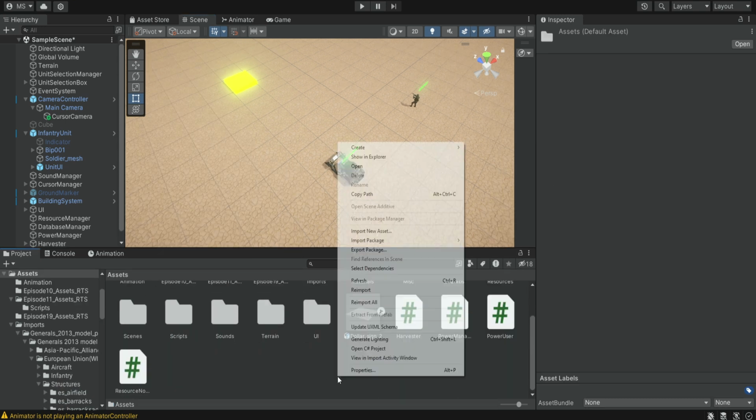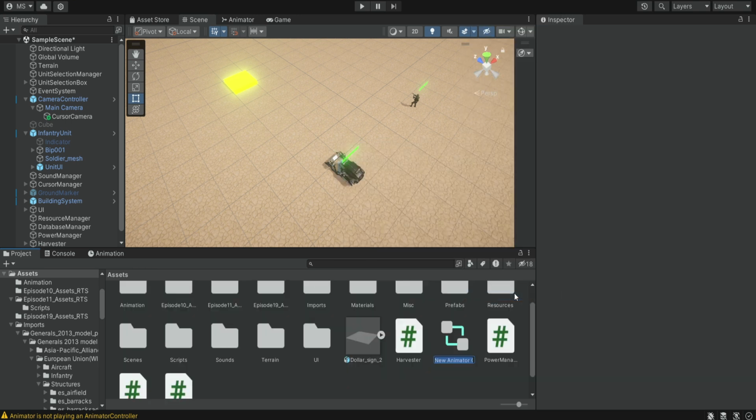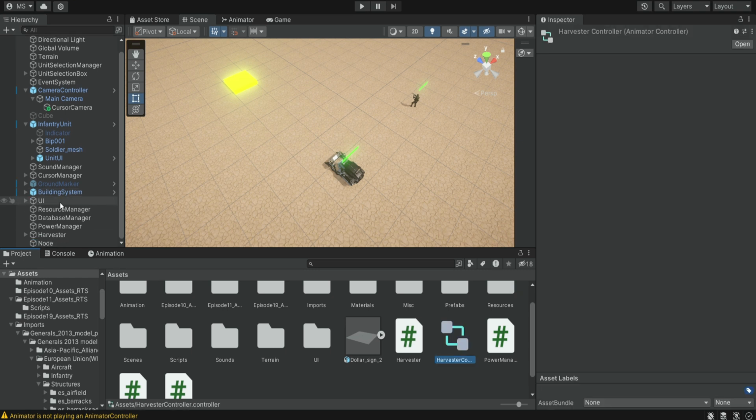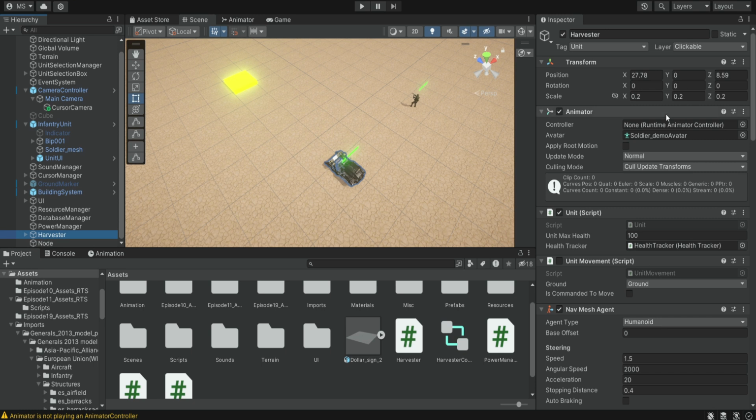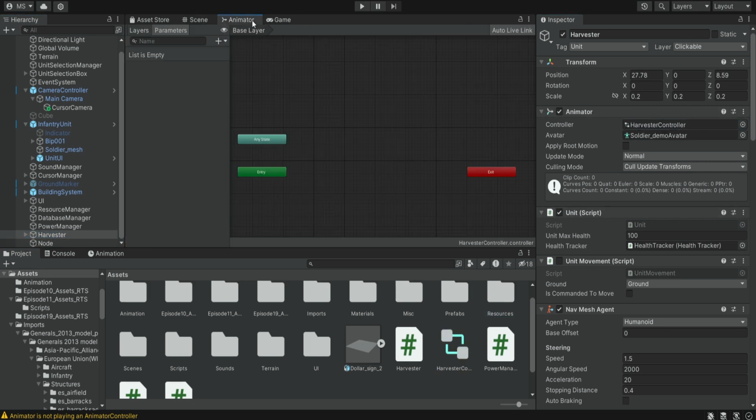So to create this new state machine, we're simply going to create a new animator controller, and we're going to name it harvester controller. And we're going to click on our harvester and drag it into the animator. So now if we click on the harvester and we go to the animator tab, we can see that it's